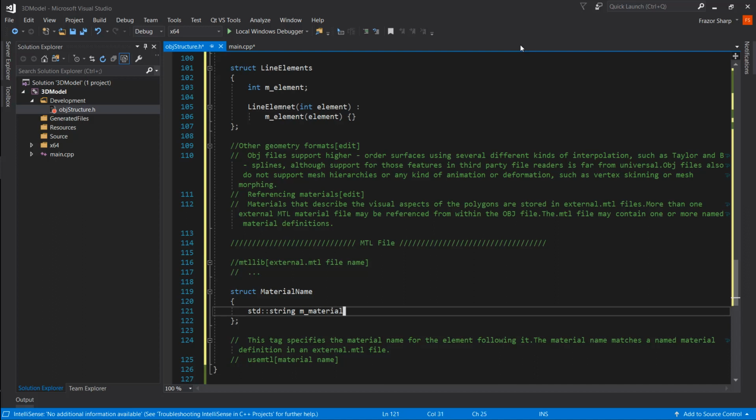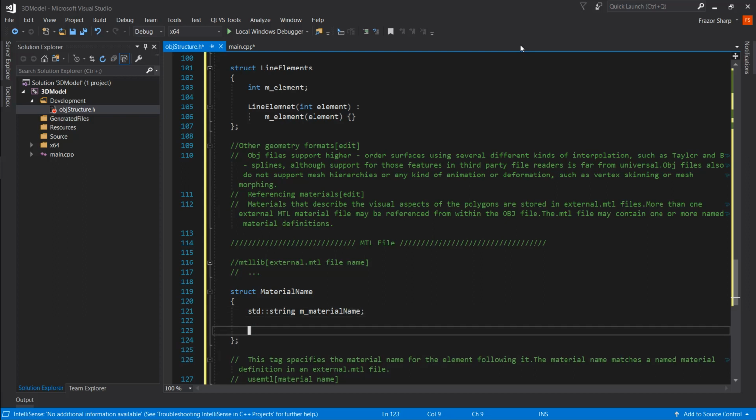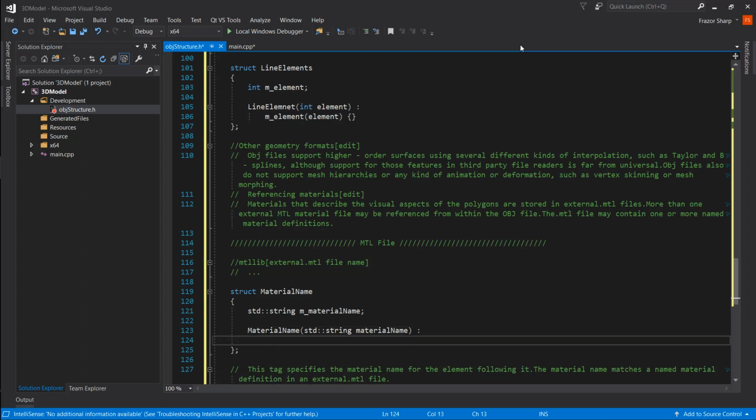material name; and it's going to be material name, std::string, material name. Keep all the conventions the same, and then it